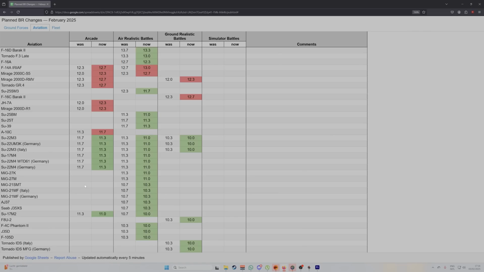Then we have the Saab J29 XS moving down yet again. It got moved down from 11.0 to 10.7 last time around. And now we're down to 10.3. Now the Saab J29 XS, the main issue really is of course the lack of firepower. The gun is...